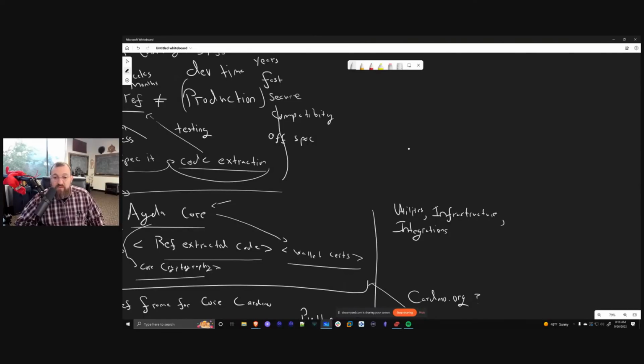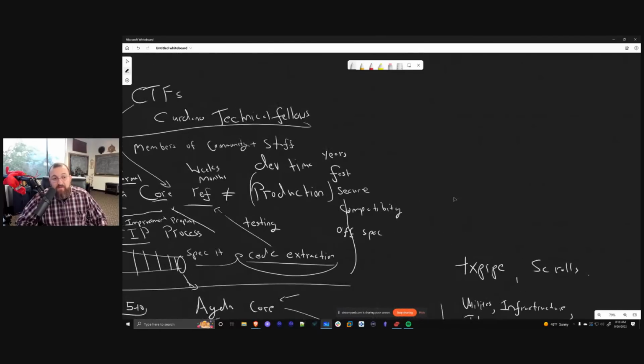So the future of DB-Sync, GraphQL, the future of Rosetta, Blockchain Explorer, Smash, a lot of this stuff. And there's a lot of really cool community stuff too, like TXPipe and Scrolls and this type of stuff. And I think that they deserve a fair consideration. So it would be nice if we had a notion of two types of technical fellows. So you have some that work on utilities, infrastructure, and integration, and some that work on core, and then had some idea of a projects and programs group